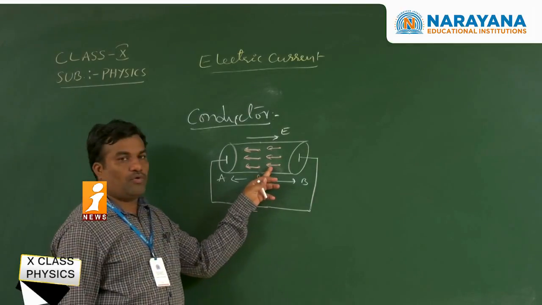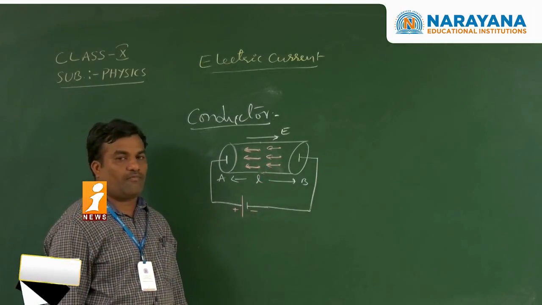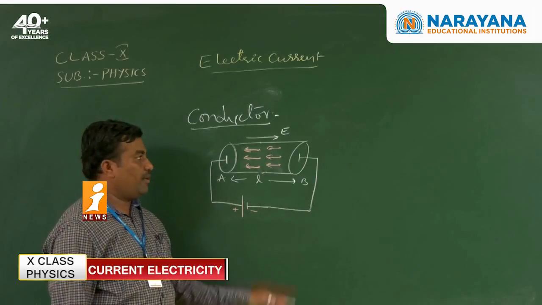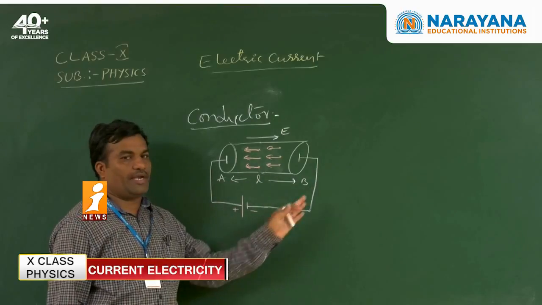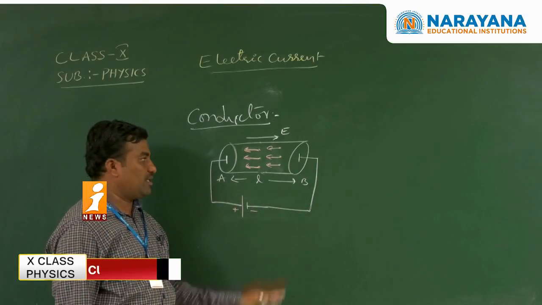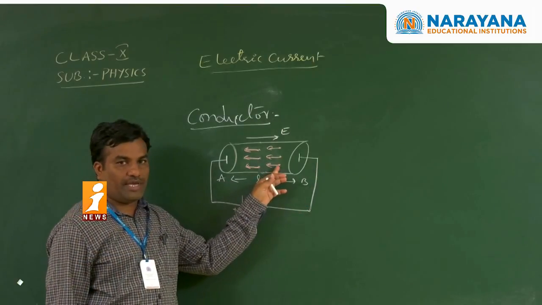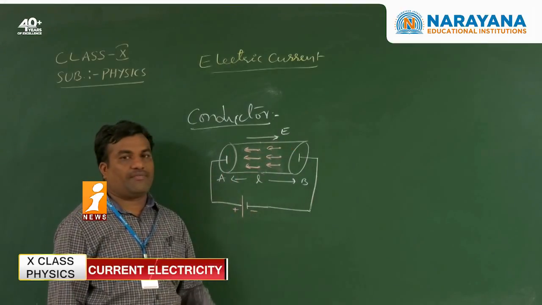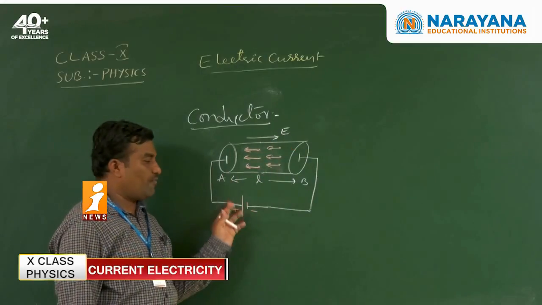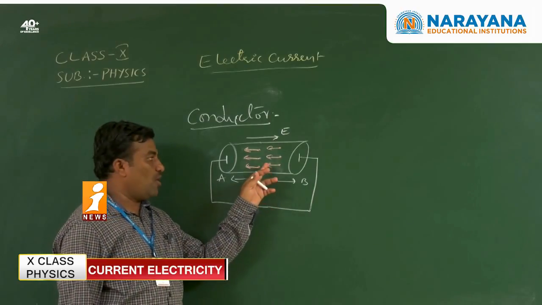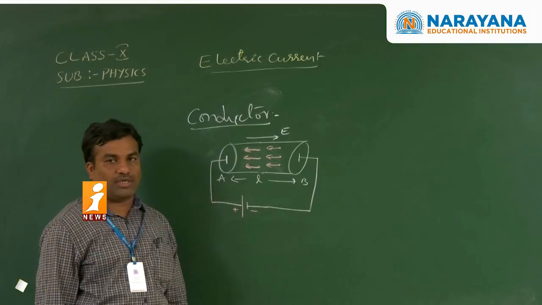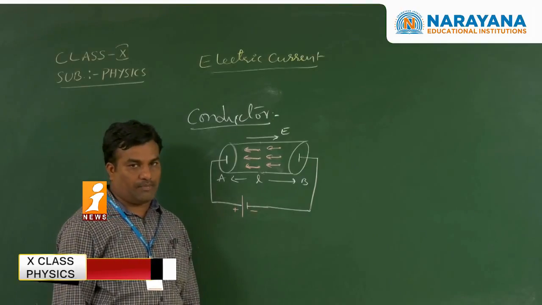The order of motion is called electric current. So electrons can move in one specific direction from one end to another end. Here the electric field is observed along the positive to negative direction, forward direction, but electrons are always moving opposite to the electric field direction. So the flow of current is passing through the conductor, due to the order of motion of electrons from one point to another point.